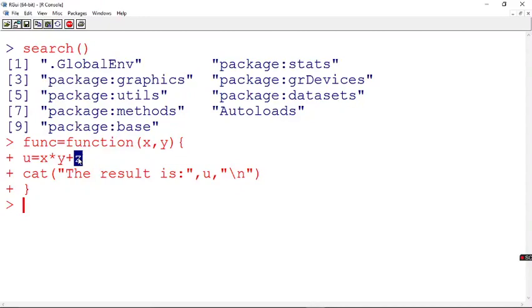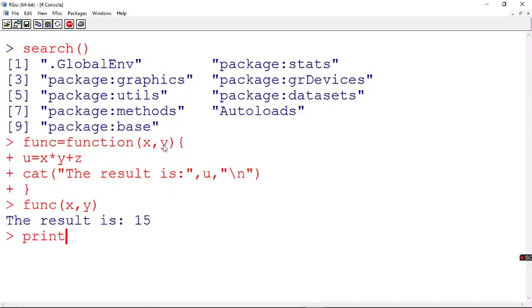Now let's see what happens with this particular function. I have not got the input for x, I have not got the input for y, I have not assigned any value for them, but I have created a function. Now let me check whether this executes. I say function of x comma y. Let's see whether we get the output. See, we are getting result is 15, but I didn't initialize any value for x and y. But then how did we get this output?